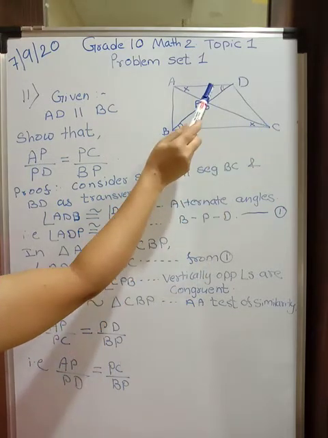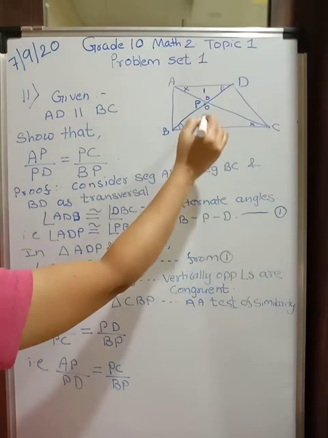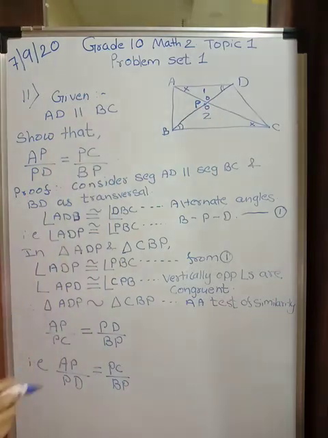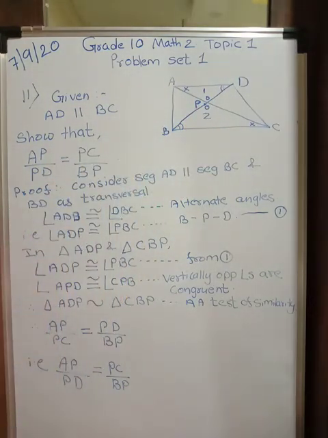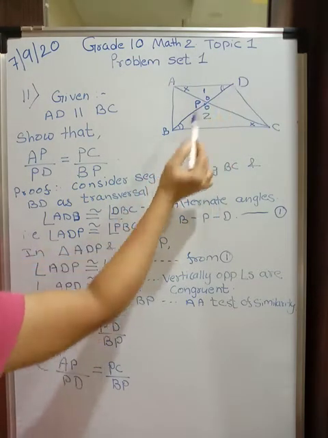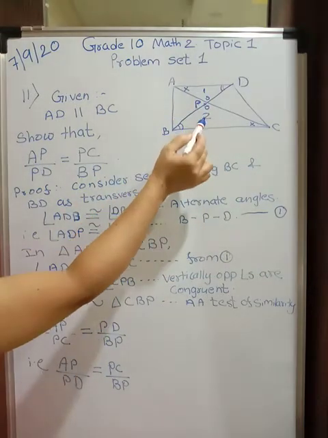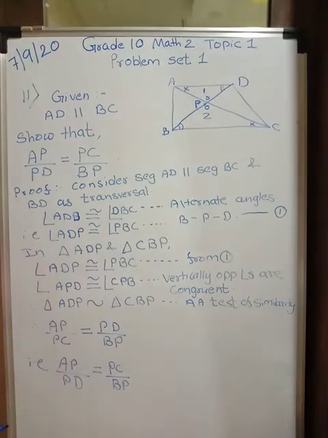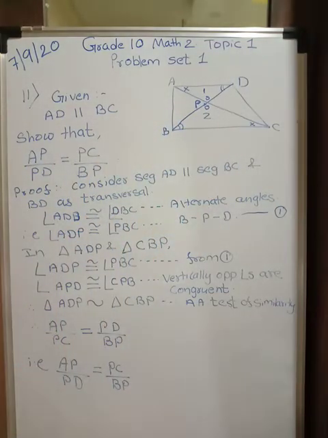Now consider this triangle and this triangle. I am considering this triangle 1 and this triangle 2. In these two triangles, what can you see? These two angles are already congruent because they are alternate angles, and these two, APD and BPC, are vertically opposite angles. Therefore triangle 1 and triangle 2 are similar to each other by the AA test of similarity. Now, once we want to write the ratios, immediately mark the third angle also so that you will not go wrong.